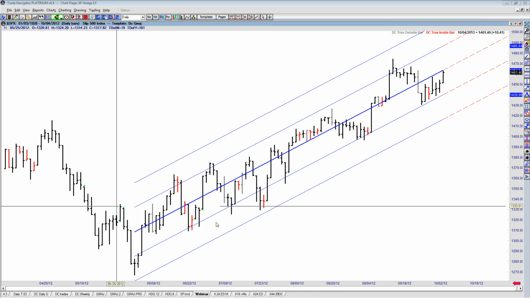Andrews pitchfork. Look, interesting. Doesn't do anything. It's an interesting construct. I spent lots of years looking at it. It has no real predictive qualities, although when you use an Andrews pitchfork, you're using 3 points. You're using a significant high-low, and you're using the high point of the first rally out and the low point of the first pullback. So to that extent, it's got some similar qualities to these trading channels, but